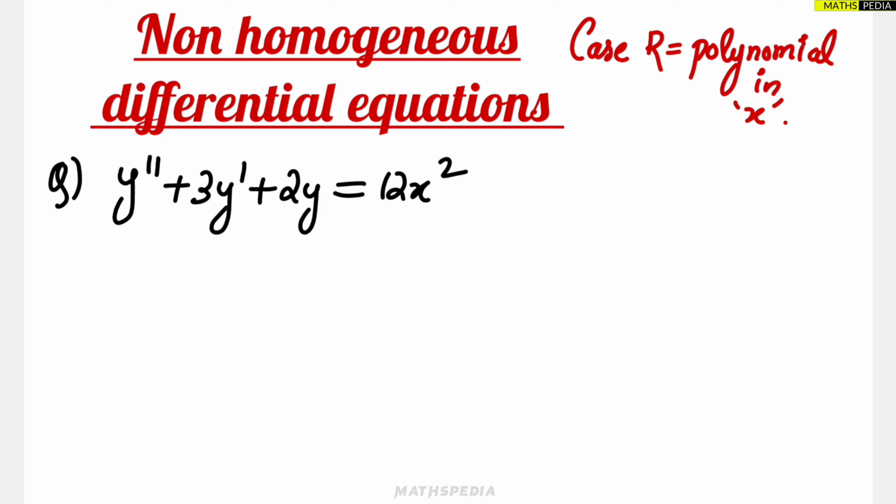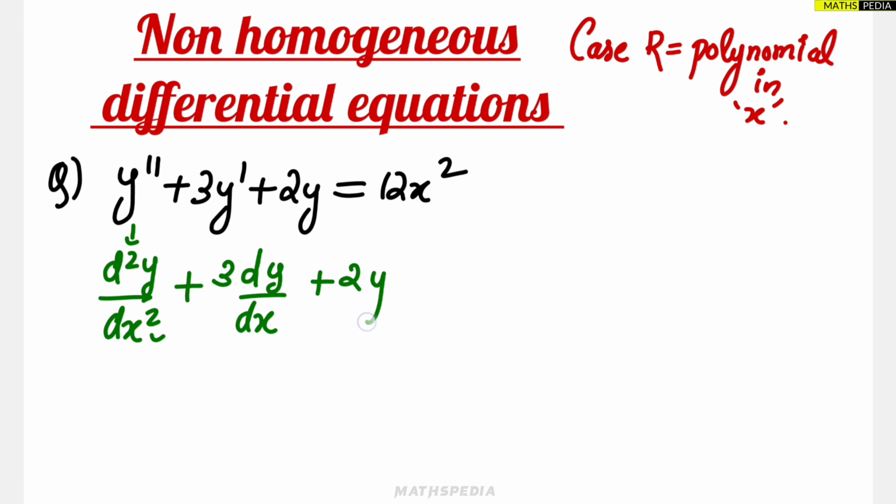The complementary function will remain as it is since it is related to the LHS part itself. So the solution will be the same as we have done in other cases also. So first we have to find the auxiliary equation, but first we will rearrange it in a different form. So y double dash is nothing but d square y by dx square, double differentiation, plus 3 into dy by dx, okay, second order differentiation